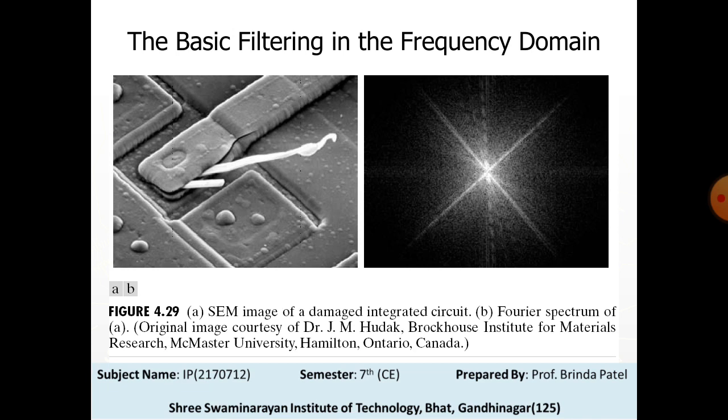Filtering techniques in the frequency domain are based on modifying the Fourier transform to achieve a specific objective and then computing the inverse DFT to get us back to the image domain. It follows from the equation that the two components of the transform to which we have access are the transform magnitude and the phase angle. Visual analysis of the phase component generally is not very useful. The spectrum provides some useful guidelines as to the gross characteristics of the image from which the spectrum was generated.